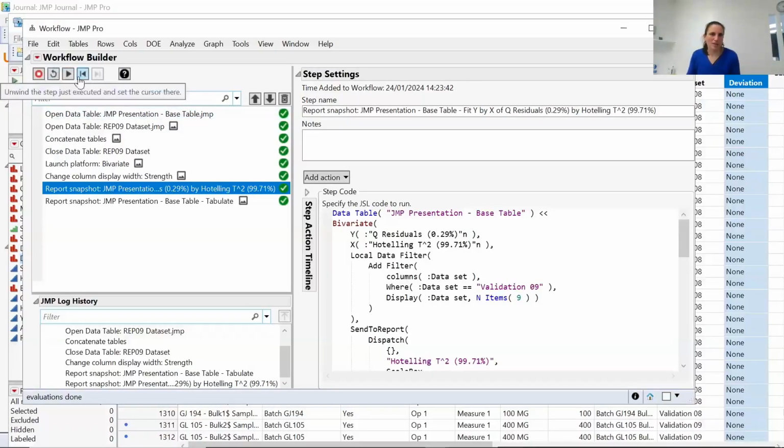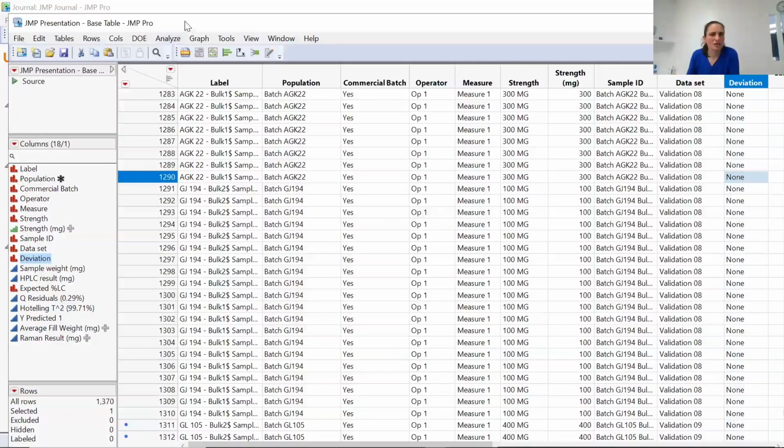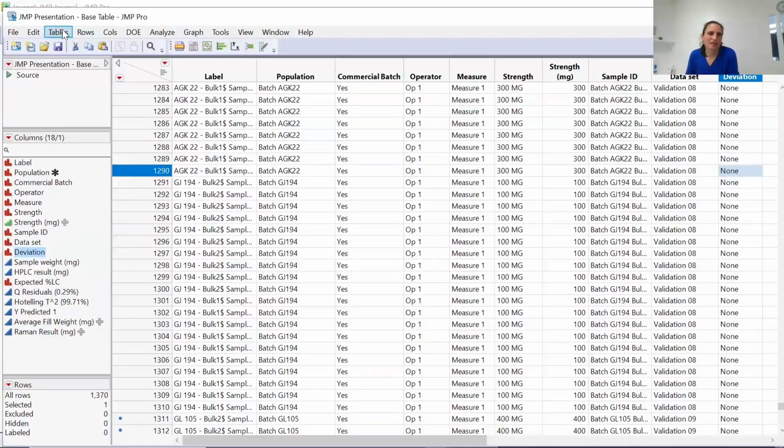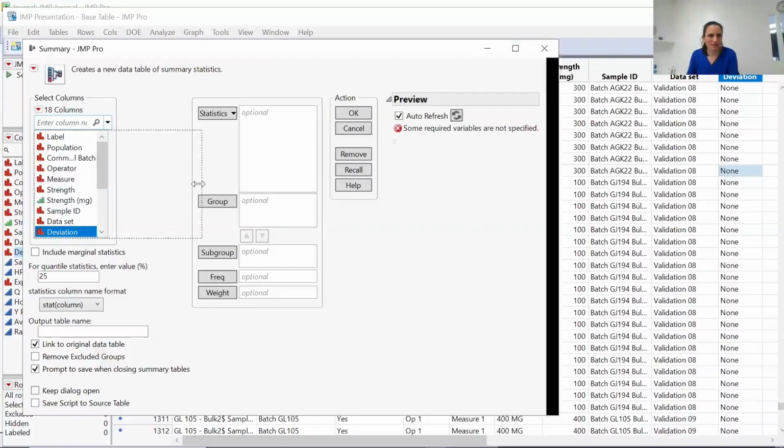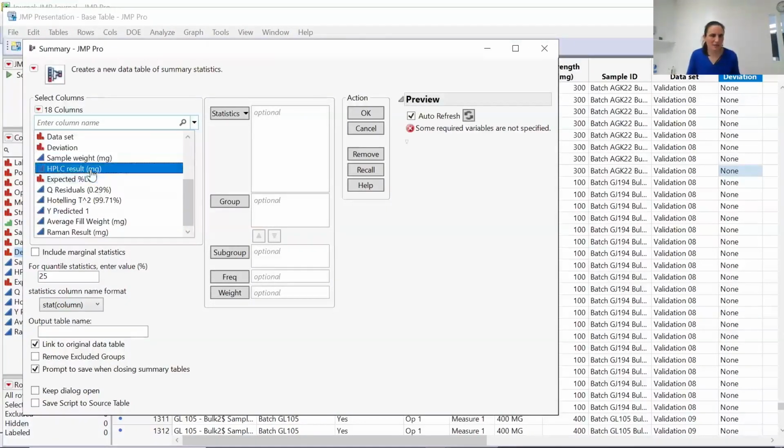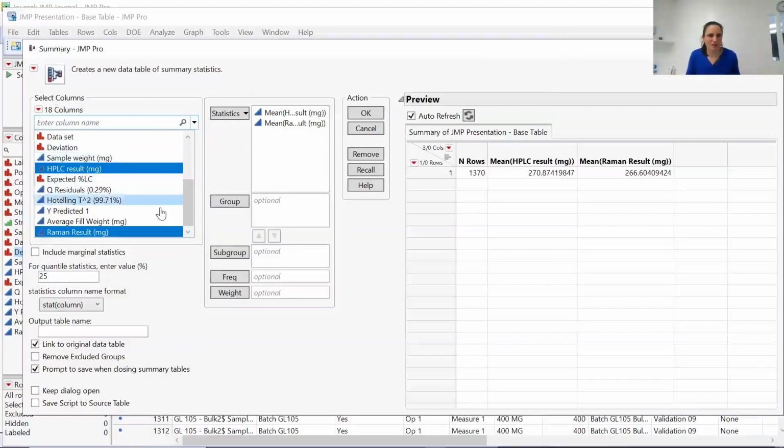A reverse button, and then you can execute just certain steps and move forward and backwards. If I just carry on anyway and show a couple more things. So if I say I want to do a summary table, and let's just get that so I can see it. So I want to take the mean results from my Raman and my,